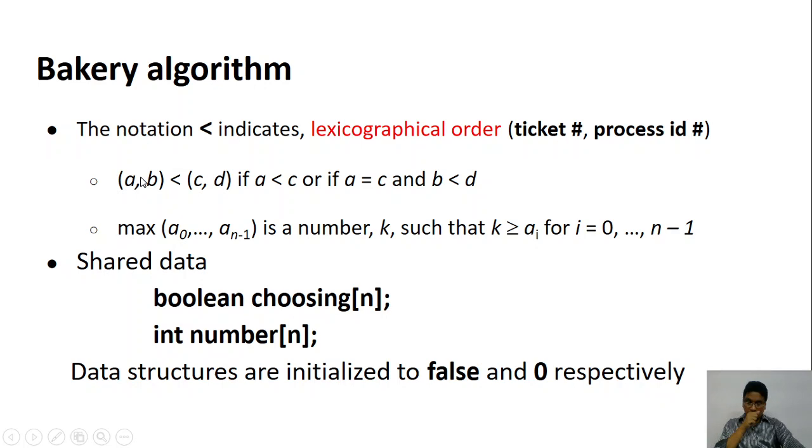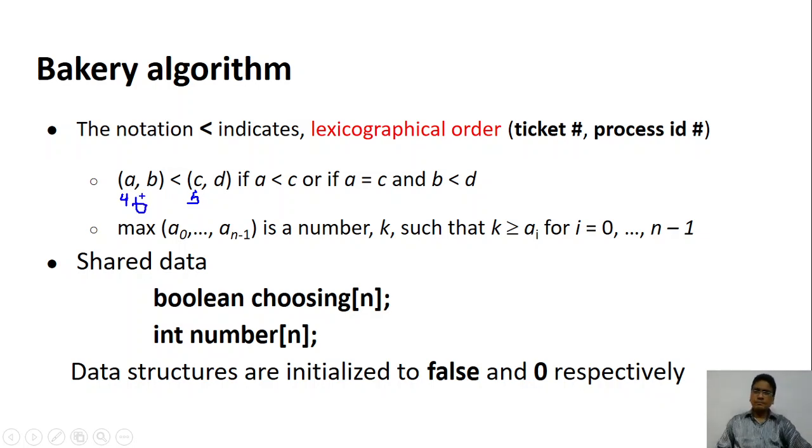Remember, you take the first item. Let's say if a is 4 and c is 5, then this is true. If a is 6, then it is false.